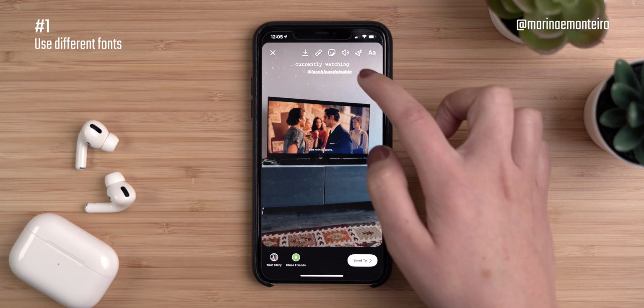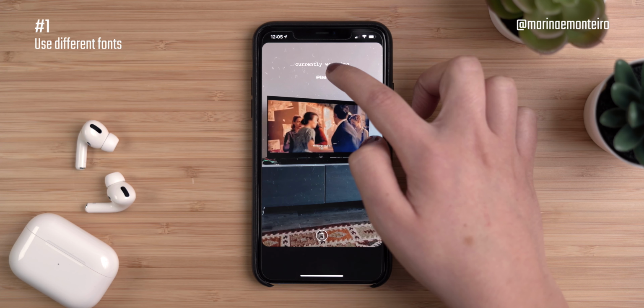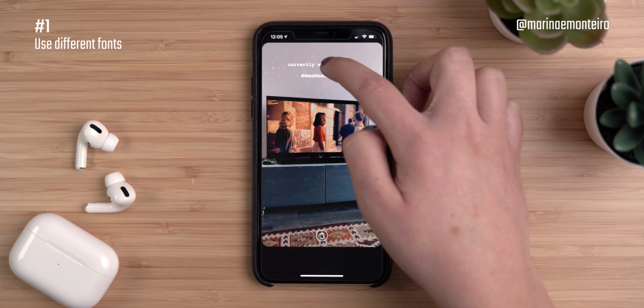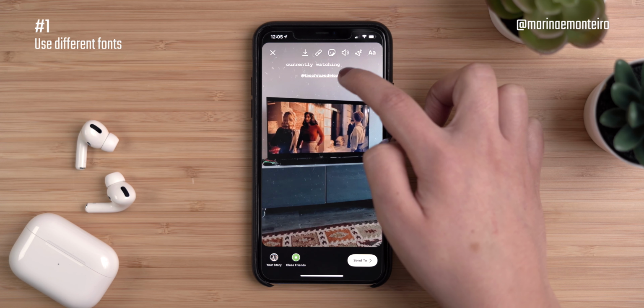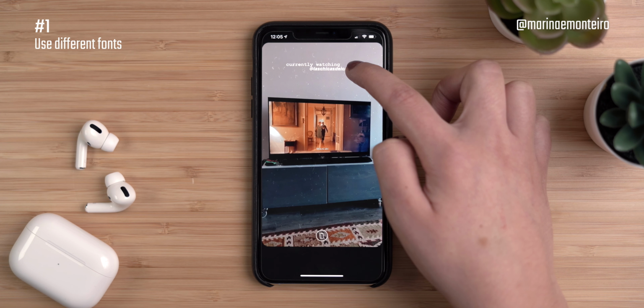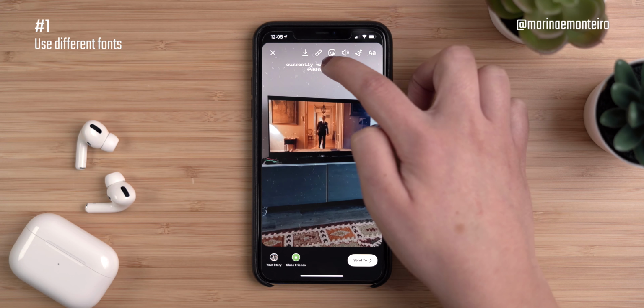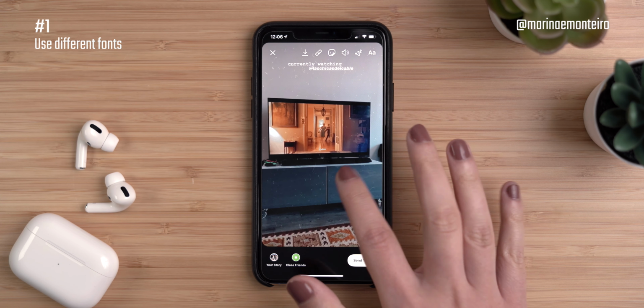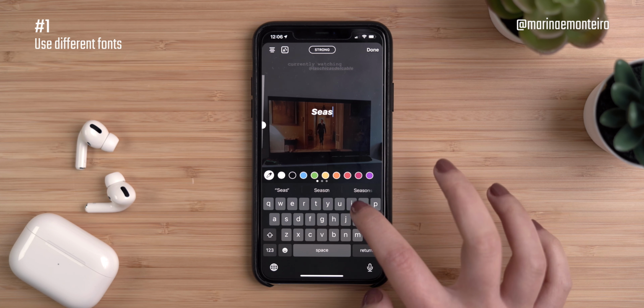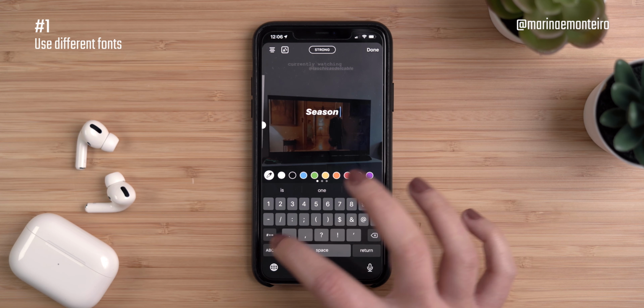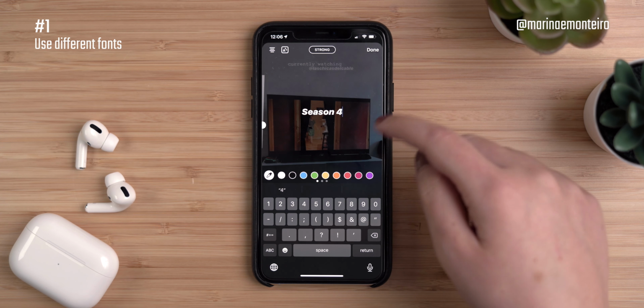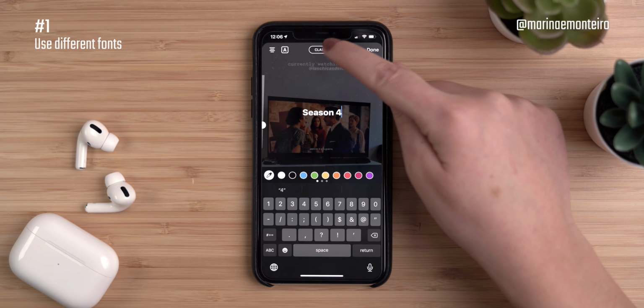Another thing that I like to do is to position it not everything in the middle. I like to put one a little bit to the left, one a little bit to the right, so it's a little different. And then I'm gonna say that it's season 4. So season 4, and I'm gonna choose a third font style. So I'm gonna choose the modern one, click done again, and I'm gonna position this one a little bit to